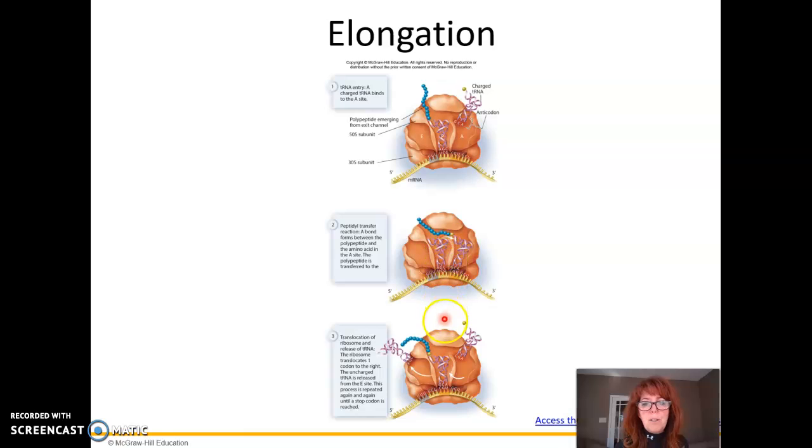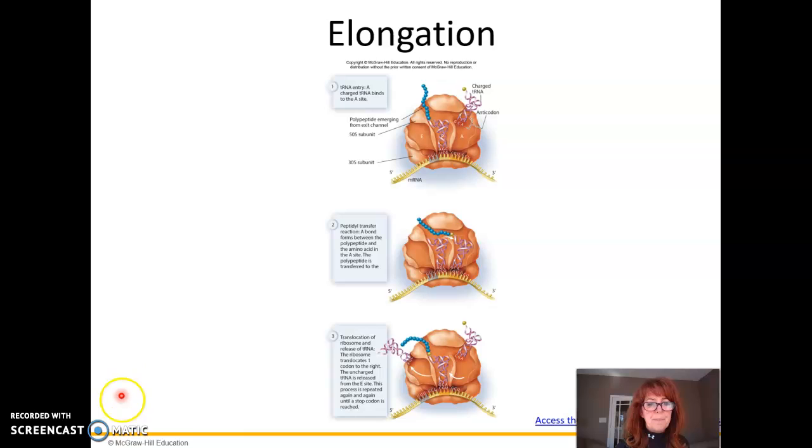And then what will happen is everything will shift down. This tRNA molecule will move to the exit site. He's not holding on to anything anymore, so he can leave. Whereas this one here moves to the P site. He now is holding this growing chain, and then the incoming tRNA molecule with the next amino acid will sit down in the A site. And this continues to happen as we move down the mRNA molecule from the 5' side